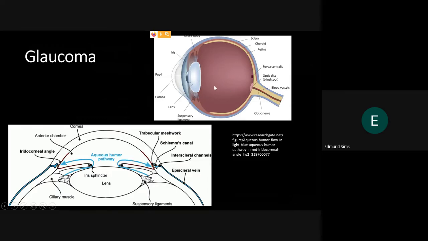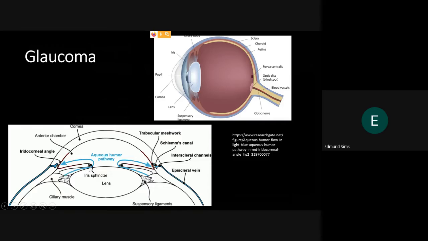The posterior segment has vitreous humor, and the anterior segment has aqueous humor. The aqueous humor is produced by the ciliary epithelium. The ciliary epithelium has a couple of functions. It nourishes the lens and the suspensory ligaments, and it provides structure, but it also produces aqueous humour that